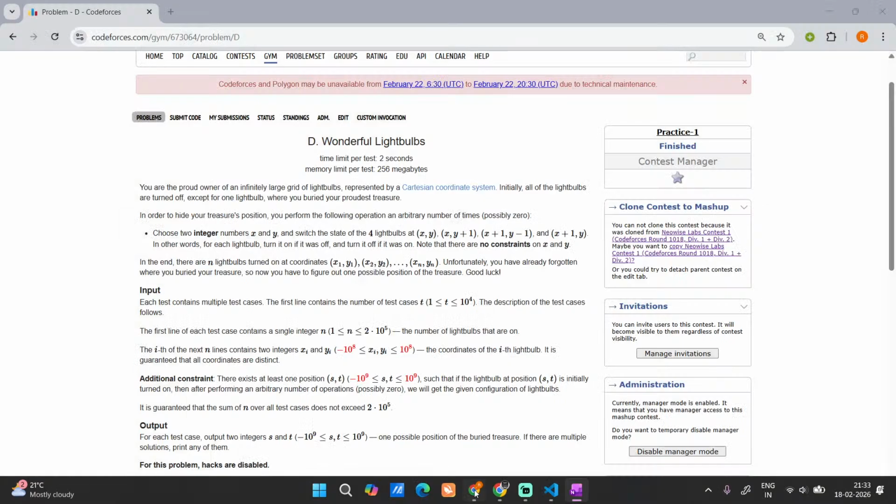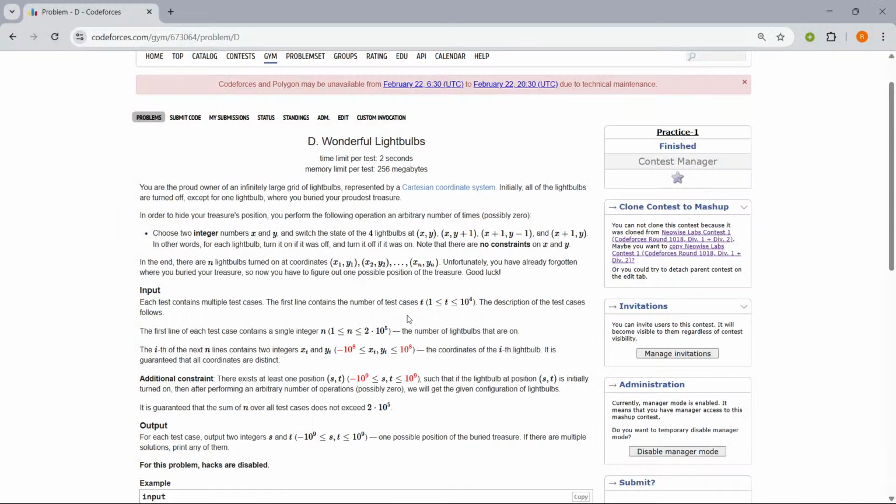We'll go back to our question. So the operation won't change the global XOR of the x coordinates. Which means what I need to do now is find the XOR sum of all x's. That's one coordinate which we will be finding. I'll jump into the coding.